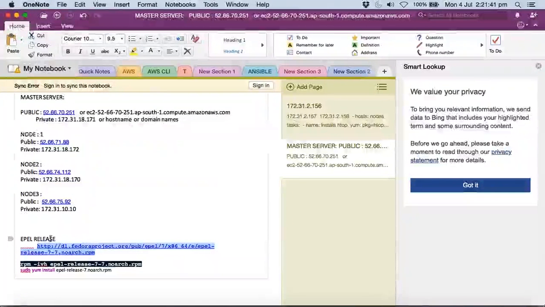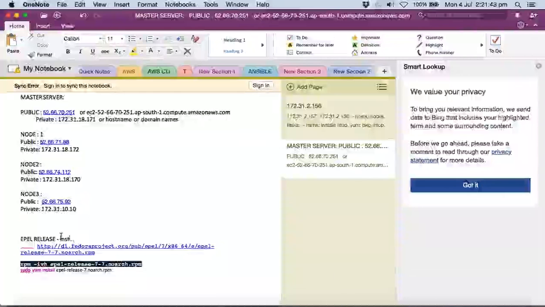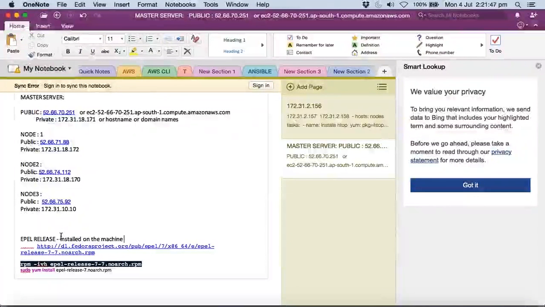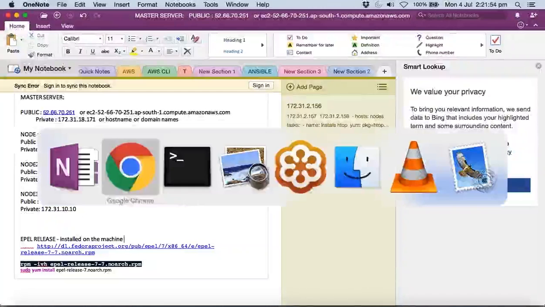But before that, we need to have EPEL release installed on all the machines, on master and node machines. So what is EPEL? This EPEL is extra package repositories for Red Hat 7. So this acts as a package repository, and we make sure we get all kinds of packages from that EPEL. If you just type sudo yum repolist, we can see